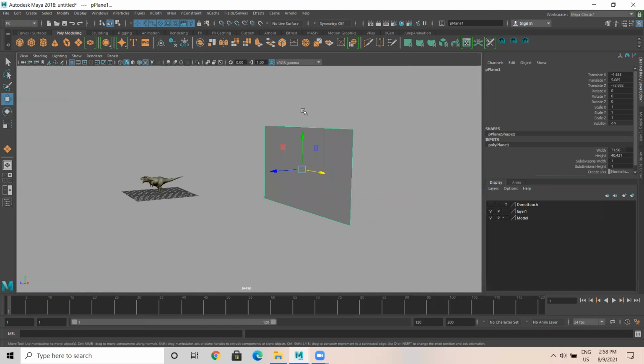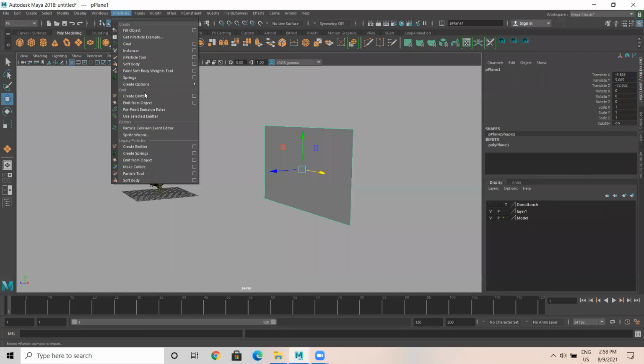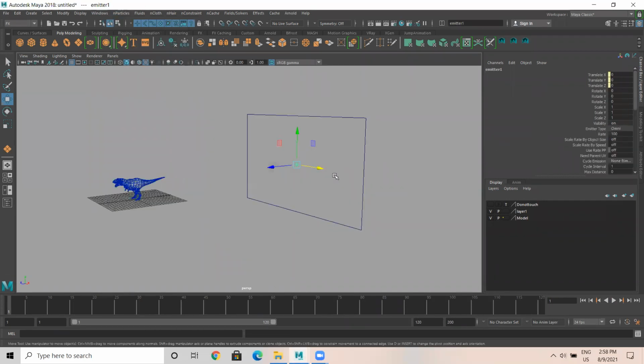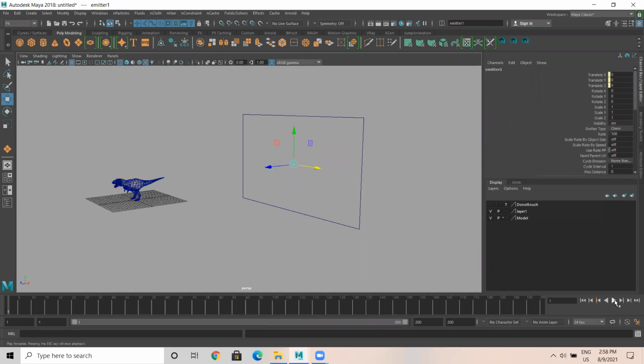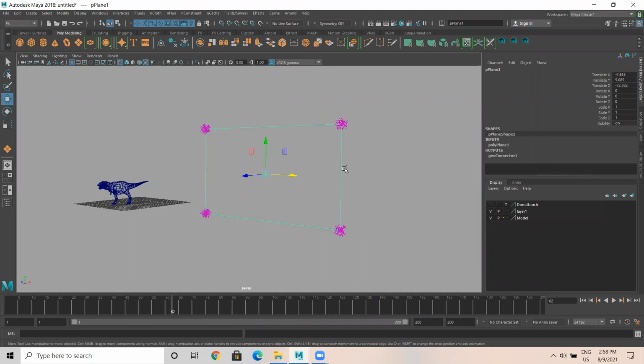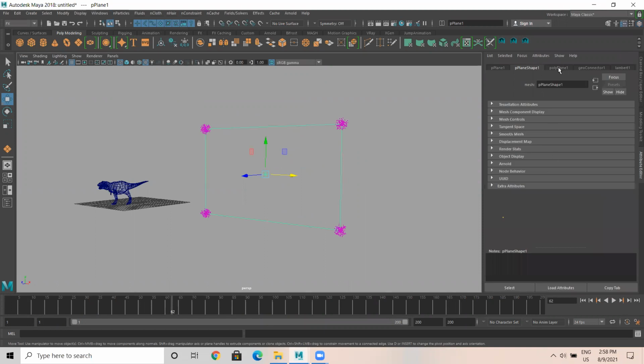I select this, I go to particle, emit from object. So what is happening here now is when I play this, you can see particles are emitting where the vertex is there in that particular place because this is omni emitter.